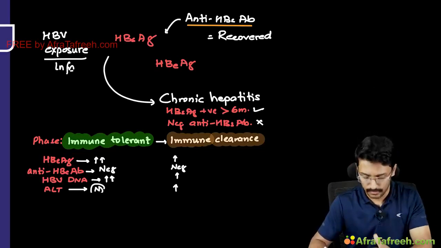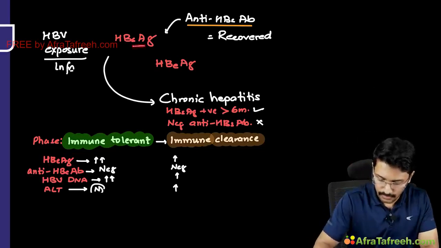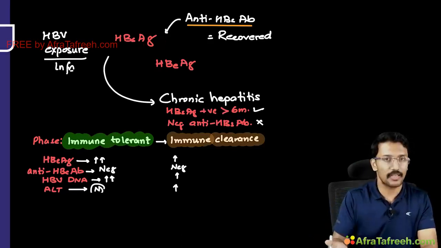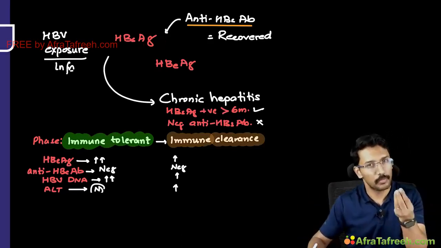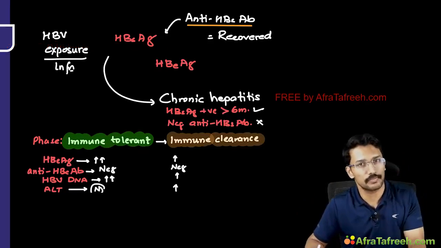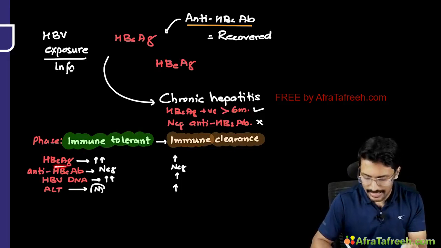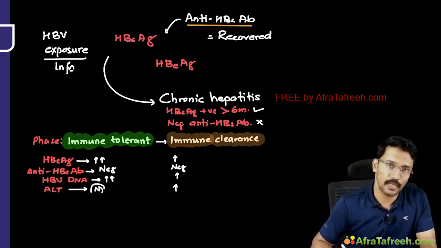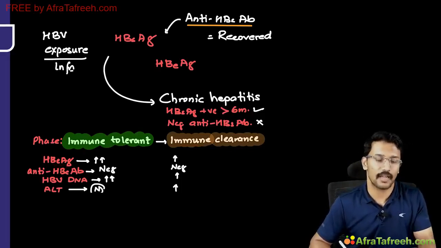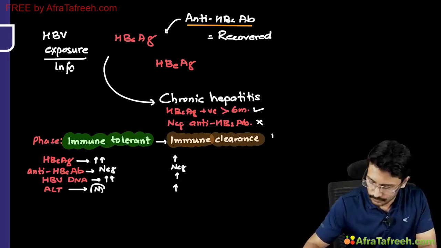The HBs antigen and just the positive DNA, not quantitatively high DNA, will be the evidence of infection being present, right? And your HBe antigen now becomes negative, right? That is the phase we call as inactive carrier state, right? So next will be inactive